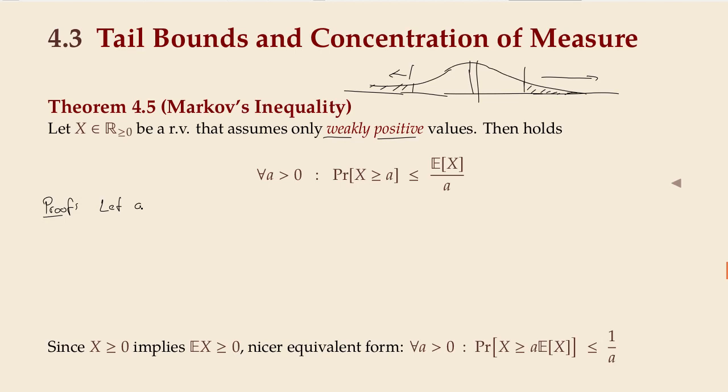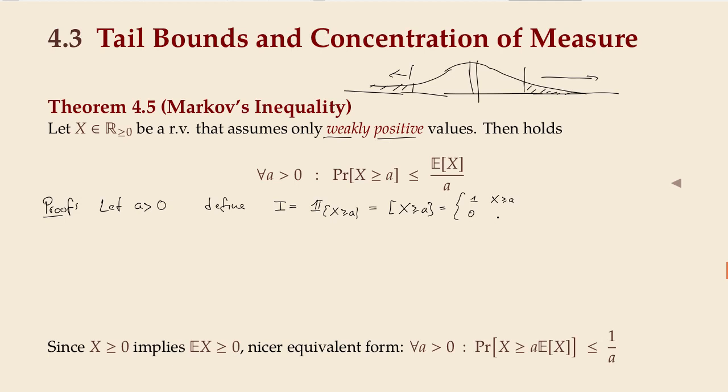Let's assume we have such a parameter a given, and let us, depending on this, define a random variable I, which is the indicator random variable for this event x greater or equal a, which, if you like, you could write with this Iverson bracket notation. So I will occasionally use this notation: if I write something in square brackets and the thing inside is a condition, I mean by this that it takes the value 0 or 1